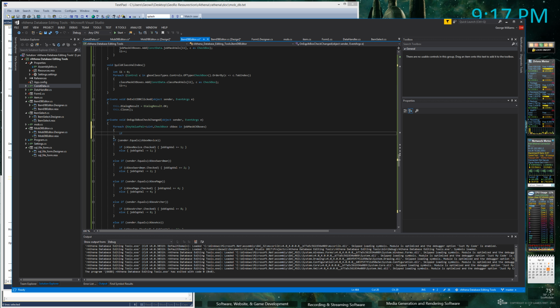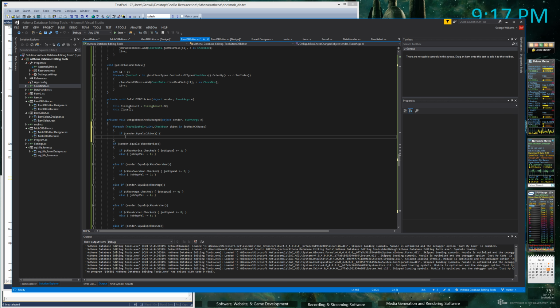So if sender dot equals CK box, if CK box dot checked, else,